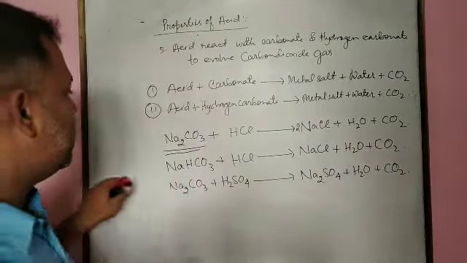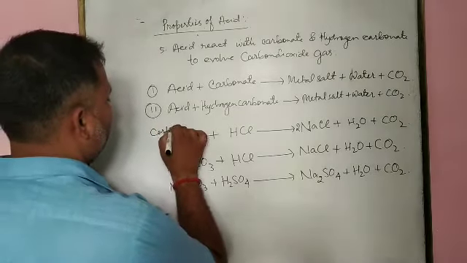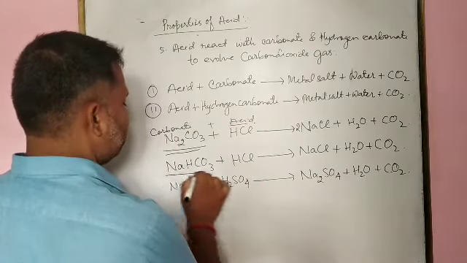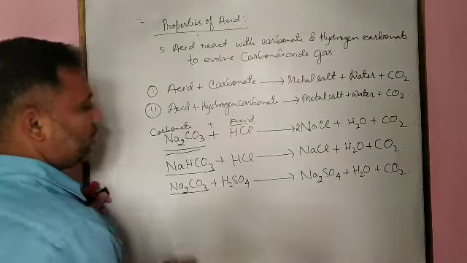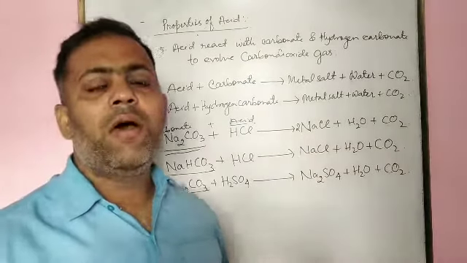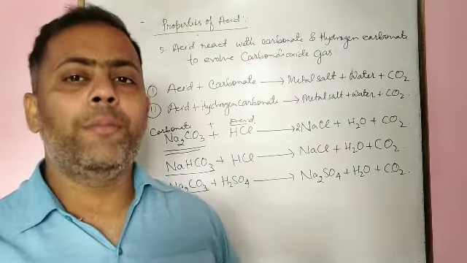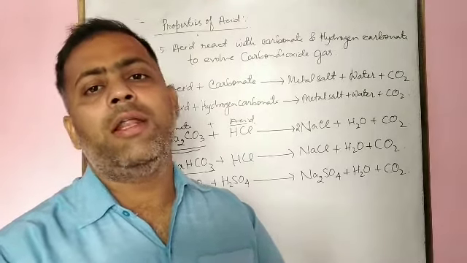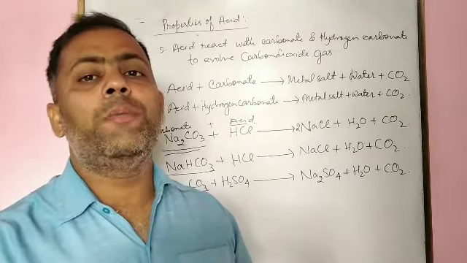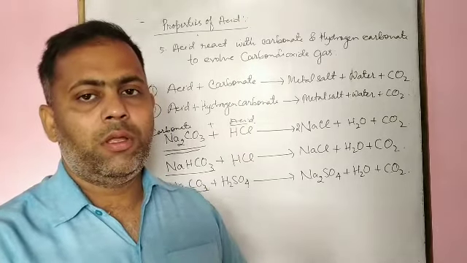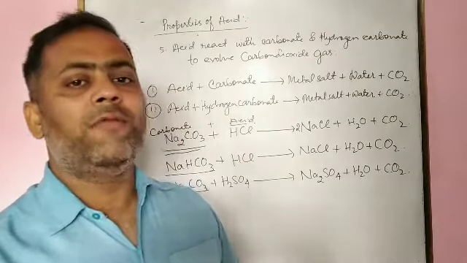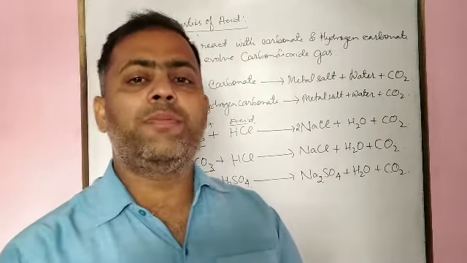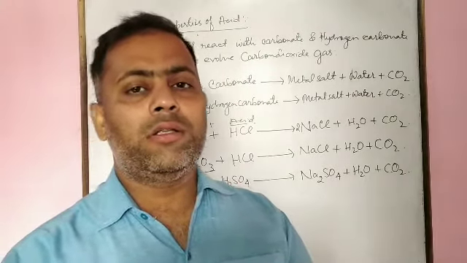This is bicarbonate. This one is carbonate plus acid. This one is bicarbonate. This one is carbonate. It means when an acid reacts with carbonate or bicarbonate, it produces metal salt together with water and carbon dioxide. In order to know that the gas which is evolving is carbon dioxide, we know that when carbon dioxide gas is passed into lime water, it turns milky. Let us see.